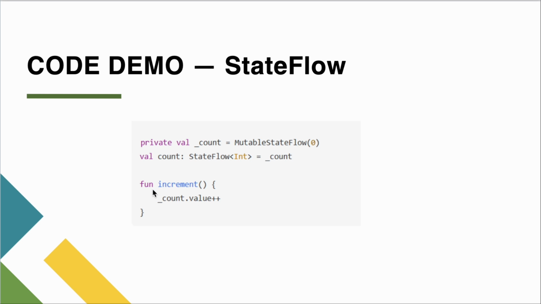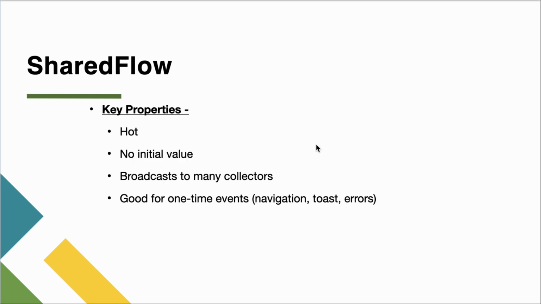So the function increment basically changes _count.value++. So it is basically appending the new values. That is what it is doing. State flow will keep on changing the value, but if you observe here, it is taking the initial value as well. Now if we compare the state flow with the shared flow, it is hot in nature,